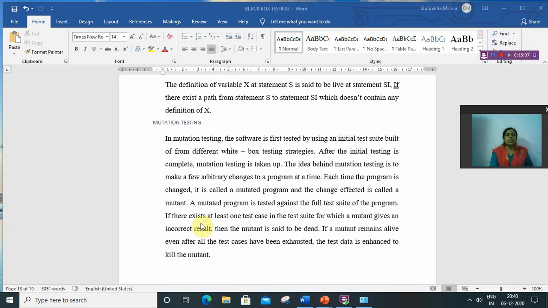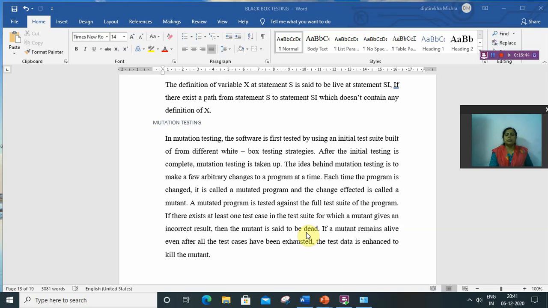If the test cases can find the error, then the mutant is said to be dead. And if the mutant is alive, meaning the error is not found by the test cases, they introduce some new test cases by which the error can be found. So this is mutation testing.